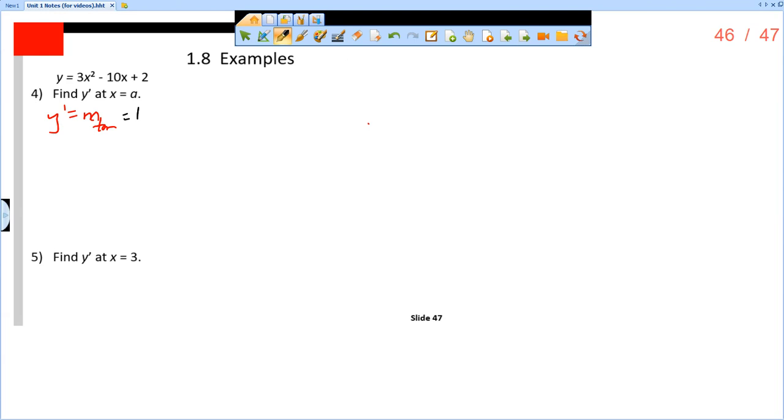So limit as h approaches 0 of... remember, we're plugging in a for x. So we have 3 times a plus h squared minus 10 times a plus h plus 2. That's f of a plus h minus f of a, so that's just going to be 3a squared minus 10a plus 2, and then divided by